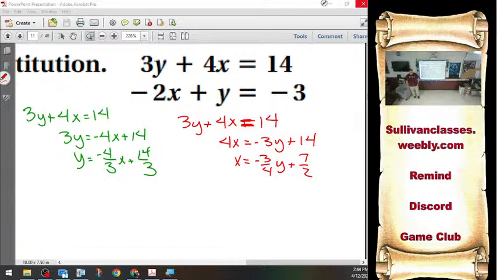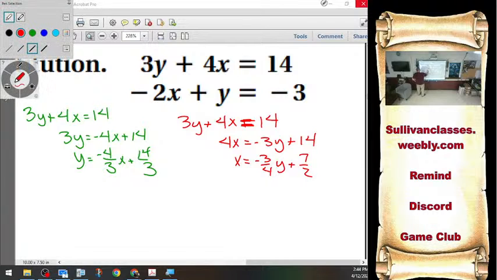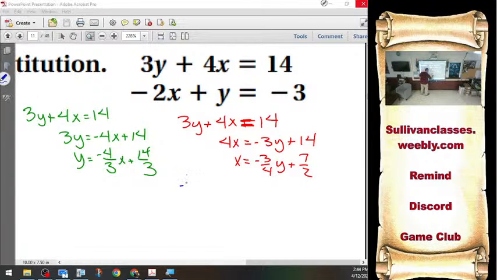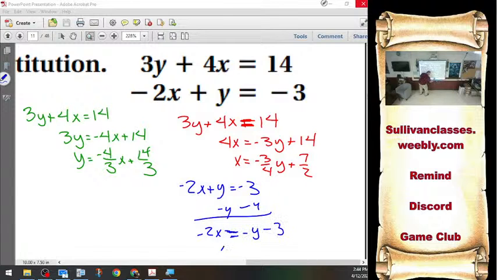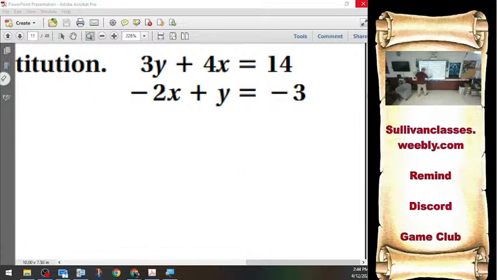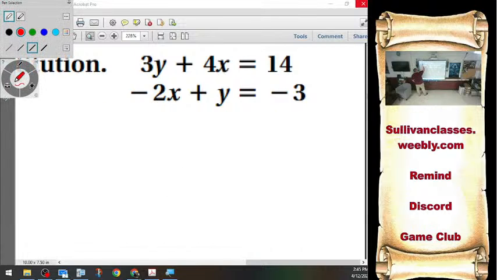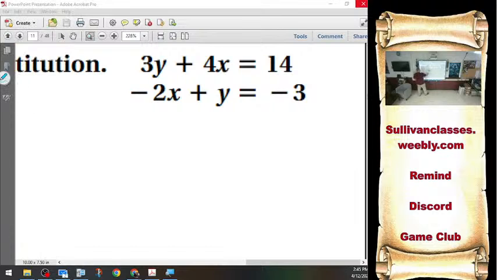I don't wanna. If I try to get that x by itself, negative 2x plus y is negative 3. I subtract y, divide everything by negative 2, I get x is 1/2 y plus 3/2. Again, there's fractions everywhere. It's gross. But if I get something by itself that already has a coefficient of 1,